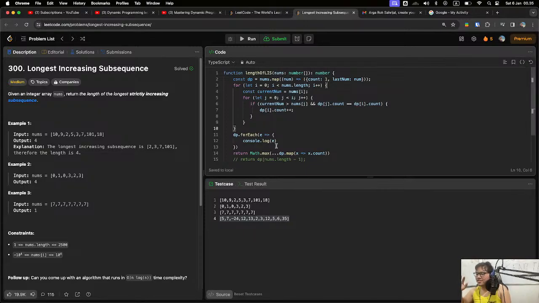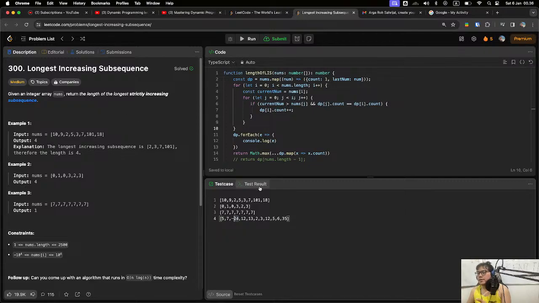There are so many ways you can name the variables that you consider when building the dynamic programming outcome. But what we are interested in this problem is actually the length of the longest strictly increasing subsequence. So this is the outcome that we want to calculate for the whole array.